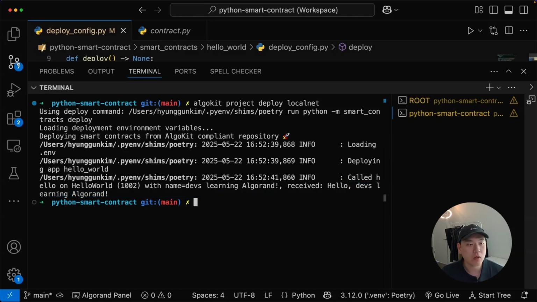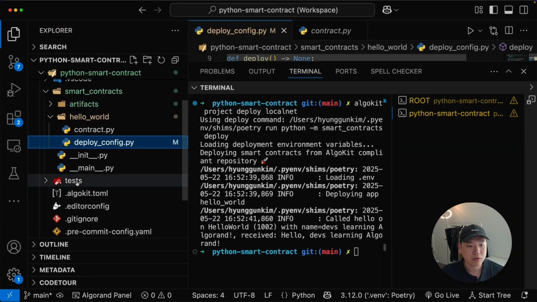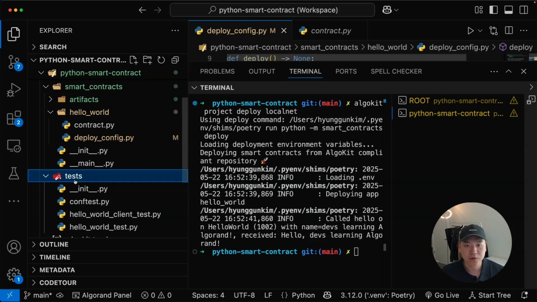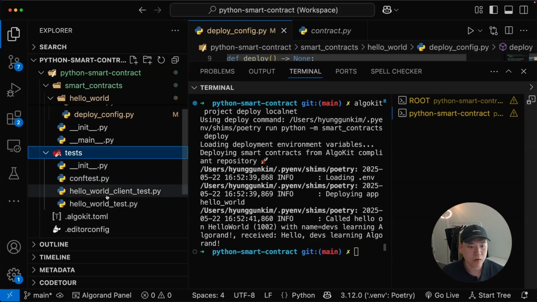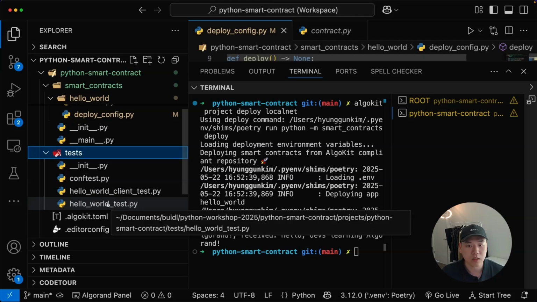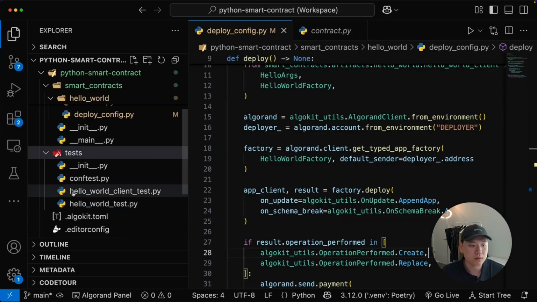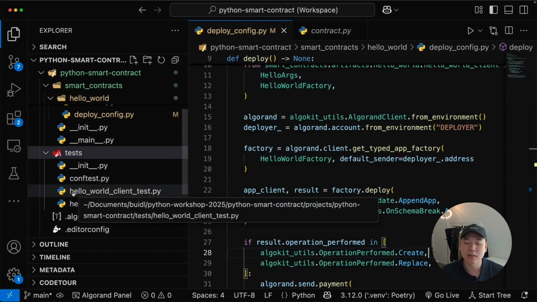Now, in another video, you will learn how to write tests for your smart contract. So we have this test folder here, and it gives you 2 default tests for the HelloWorld smart contract. And you will see how to write these tests, and how you can modify your test to test your own smart contract. And also in another video, we will show you how to deploy and interact with your smart contract